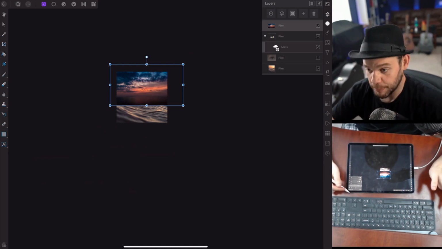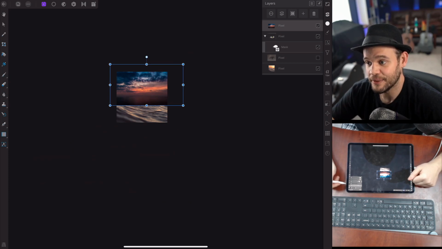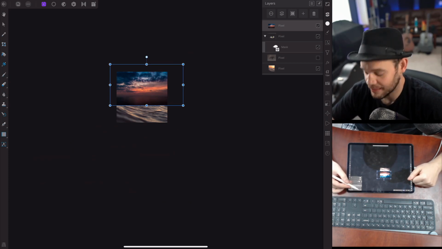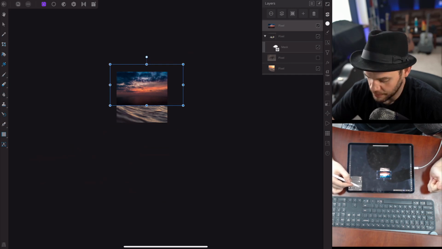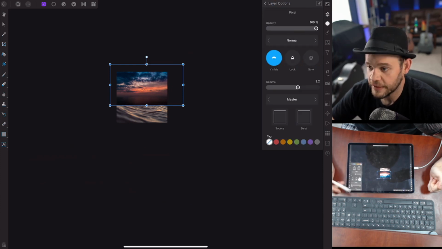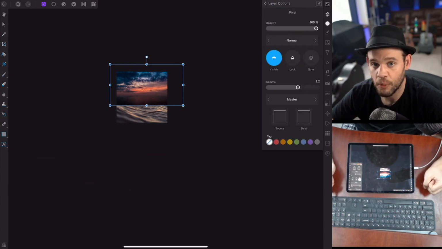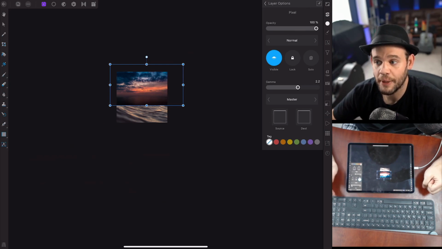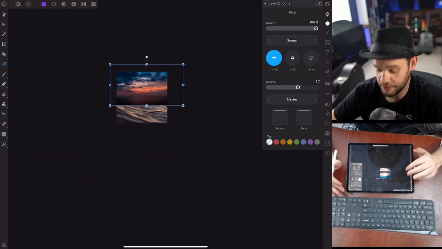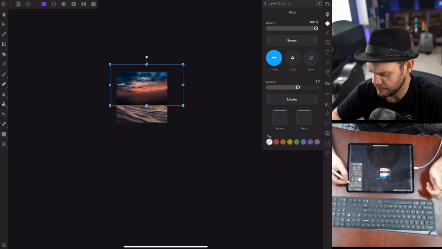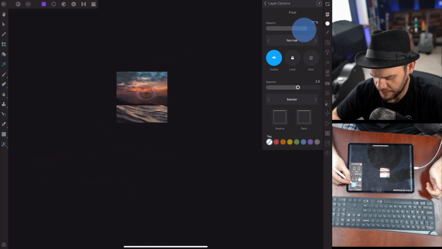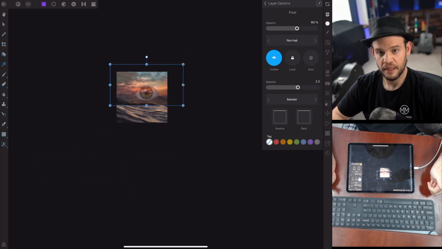Great. I want to be able to see the eye behind the sky though. So in order to do that, just to kind of get my bearings, I'm going to click this more menu in the layers dialog, right here. It's a circle with 3 dots in it, and it's inside your layers studio. If you click on that, you get some options for the layer itself. And the one that you'll probably use most often is opacity. So now we can take the opacity of this sky layer and just kind of turn it down a bit so we can see what's going on. Right? And as I turn that down to about, let's turn it down to 60%,